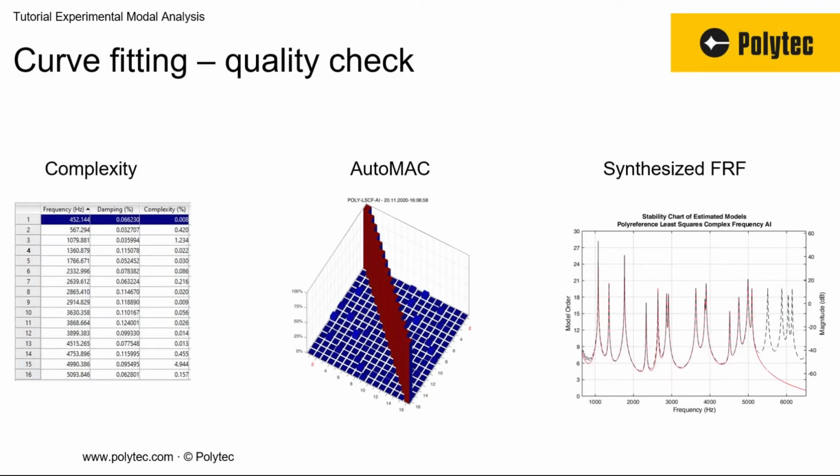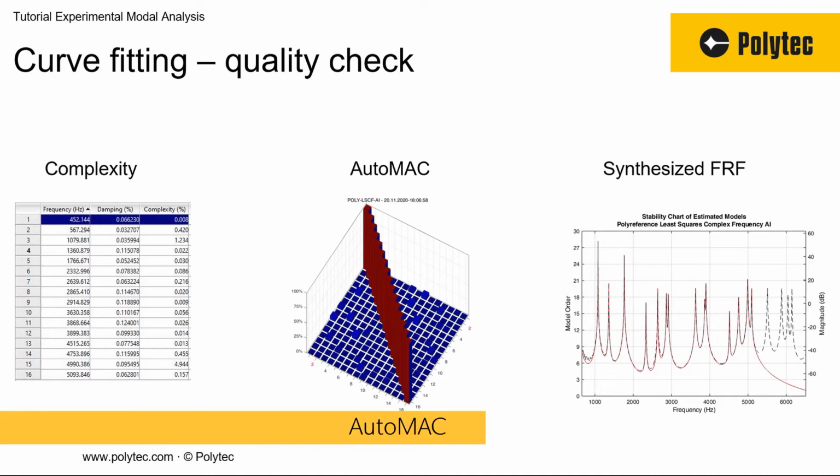Curve fitting is an approximation method. Depending on the input data quality, the output can vary. Checking quality indicators is thus recommended before using the data for validation purposes. The complexity is an indicator for the phase stability of a solution. A low value indicates a stable phase for all FRF at the nominal frequency. High values on the other side hint for a failed curve fitting and hint that it is not a real